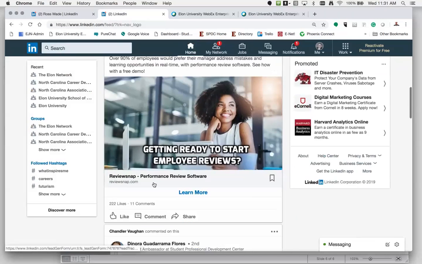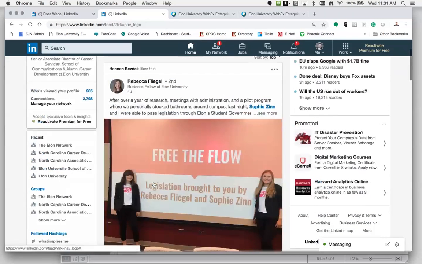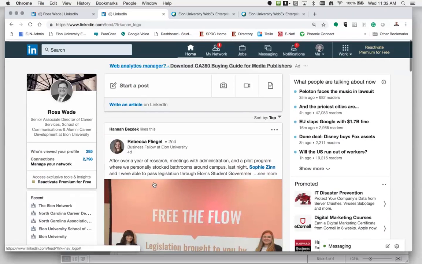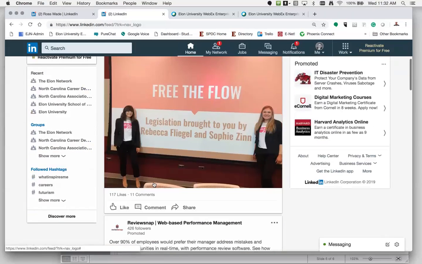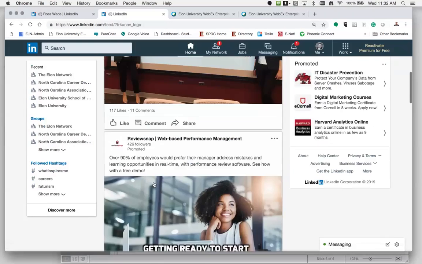It's also great because not only can you follow people, but you can follow organizations. So if you wanted to follow HBO, or the Red Cross, you can search for those companies, and I'll show you how to do that in a second, and then follow them. So anytime they have any opportunities or there's news, it pops up in your news feed.